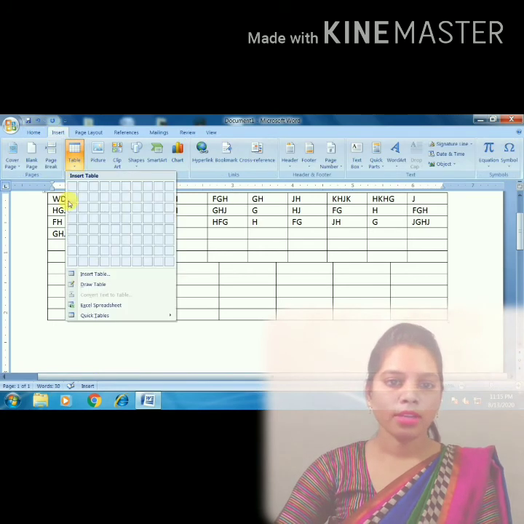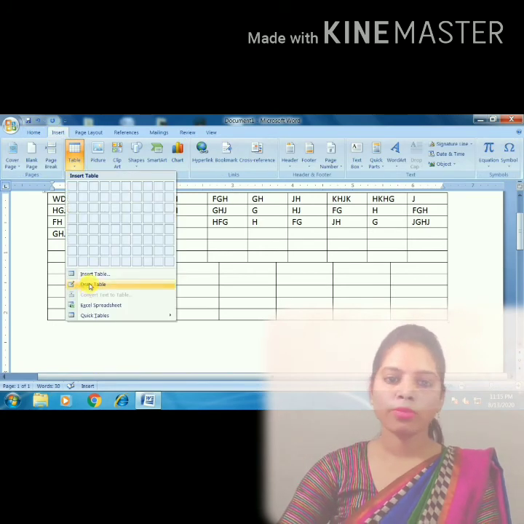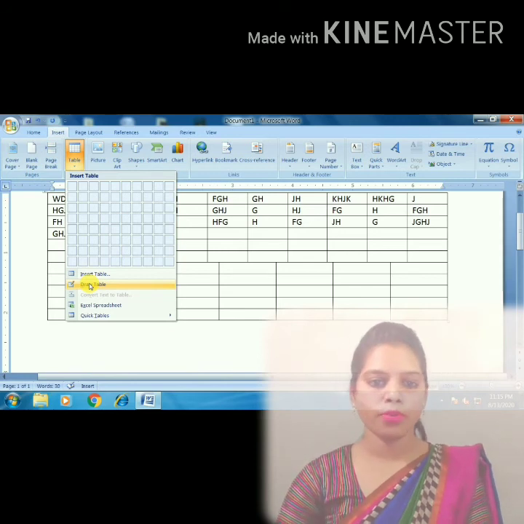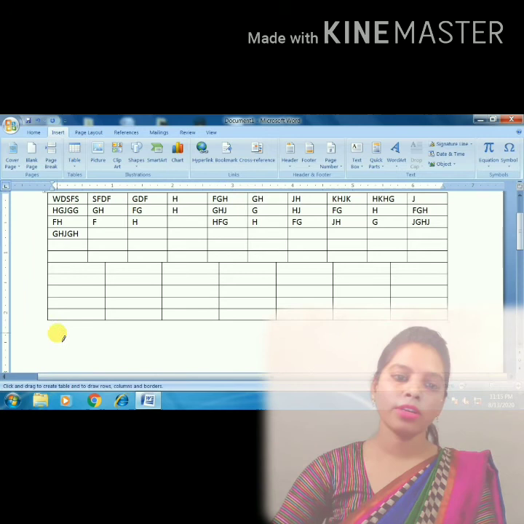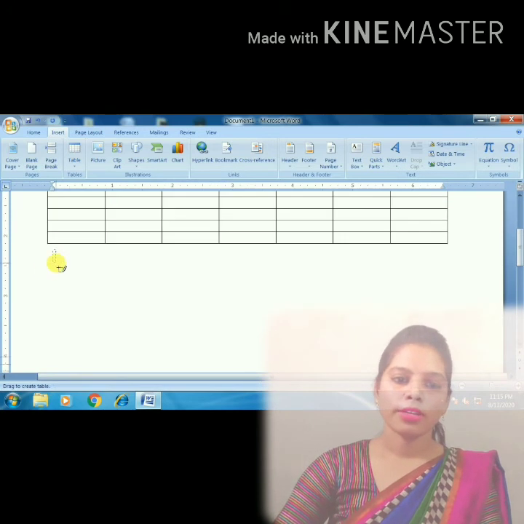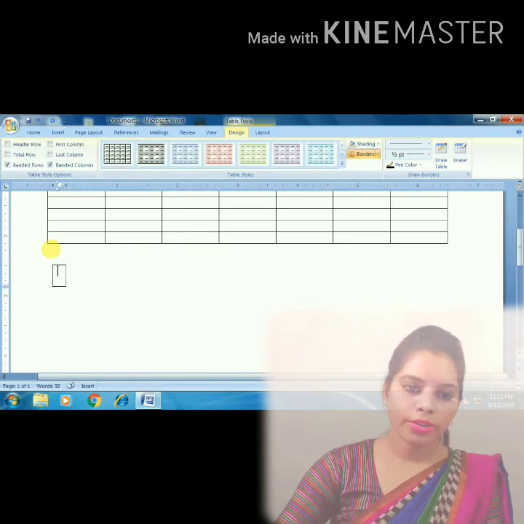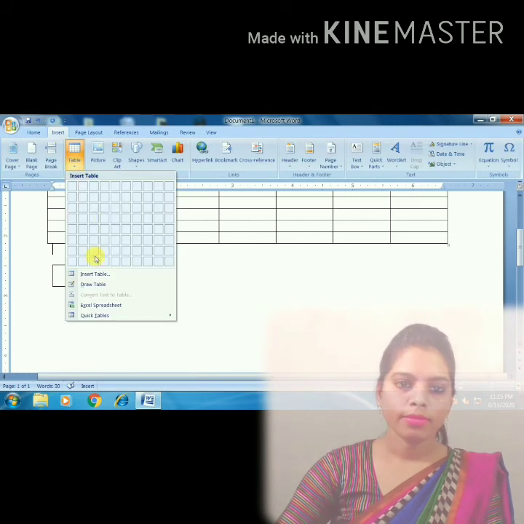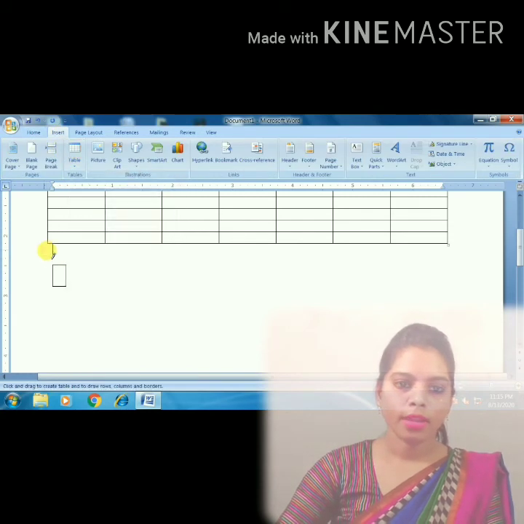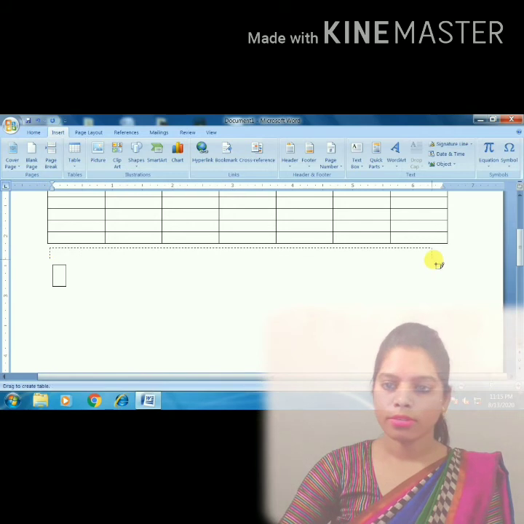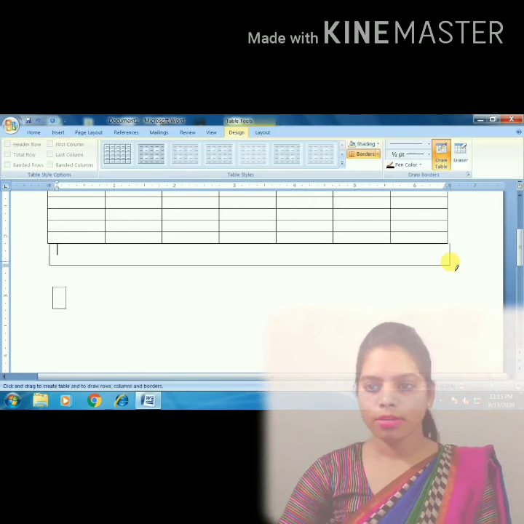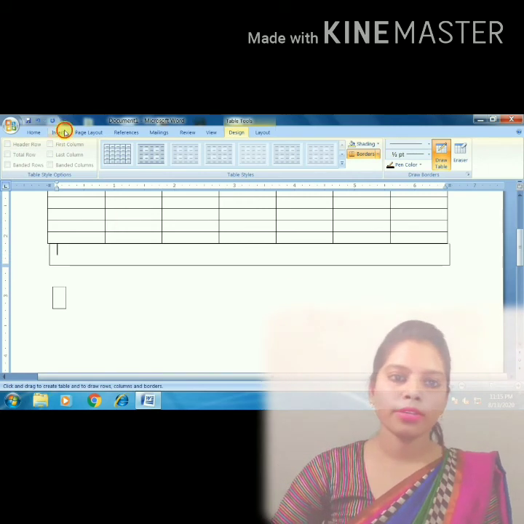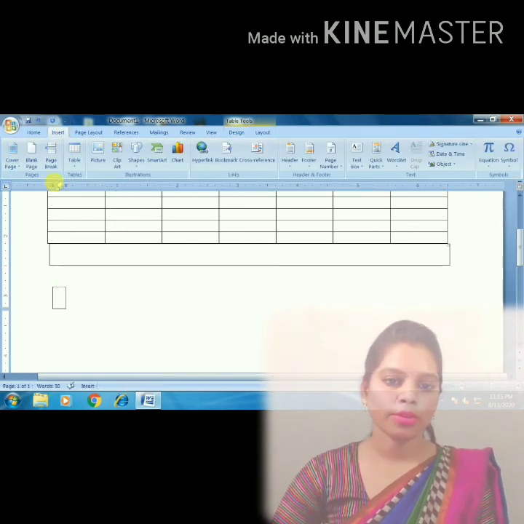After then, draw table is used to draw the table wherever you want to draw. For that, click on draw table option. After then, click over here and drag the mouse pointer from here to here, or whichever size you want, you can do it from here.